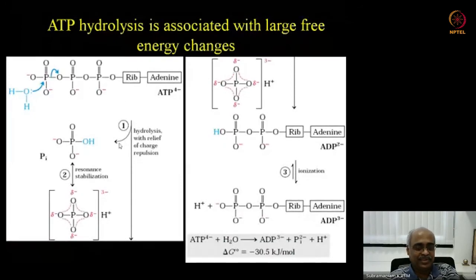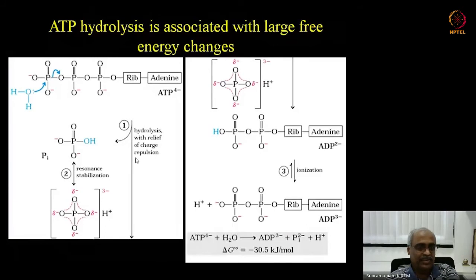So when you hydrolyze, this charge repulsion is relieved. Okay, remember, reason 1 why ATP is a high energy molecule. I'm slowly introducing the term that we need to remember. ATP is a high energy compound. So why is it a high energy compound? One of them is this. If you hydrolyze, charge repulsion is relieved, and secondly, this phosphoric acid liberated